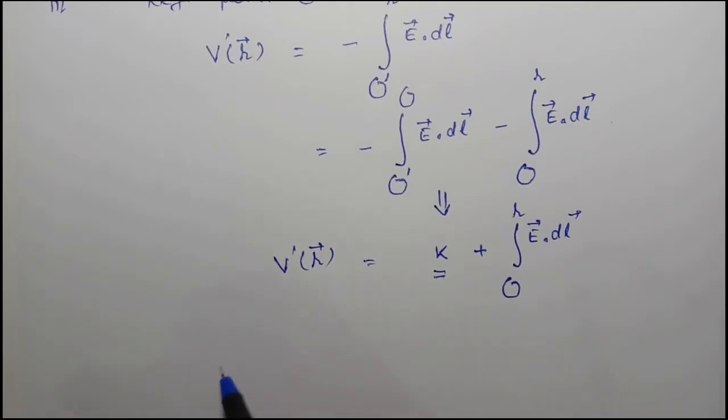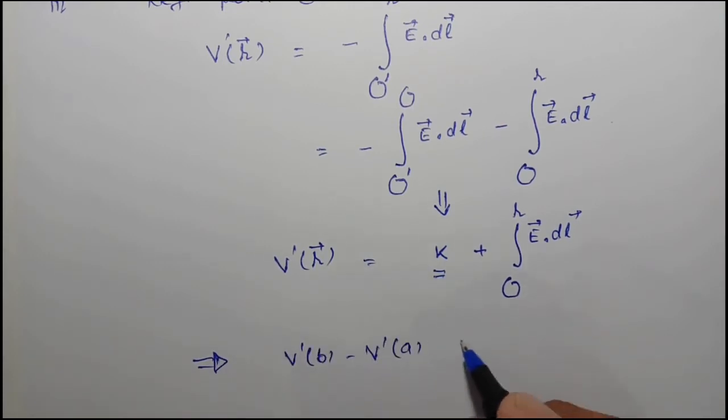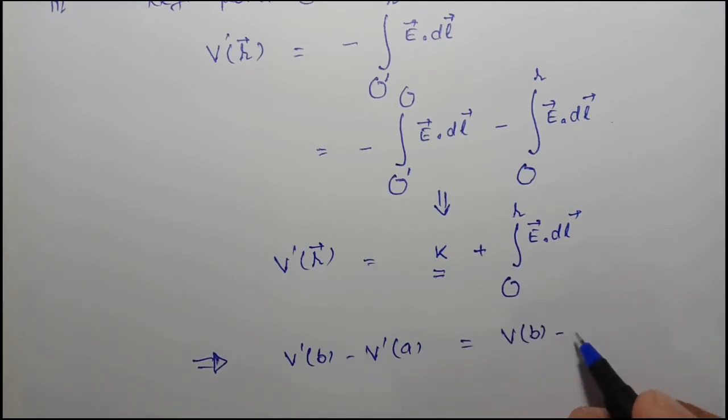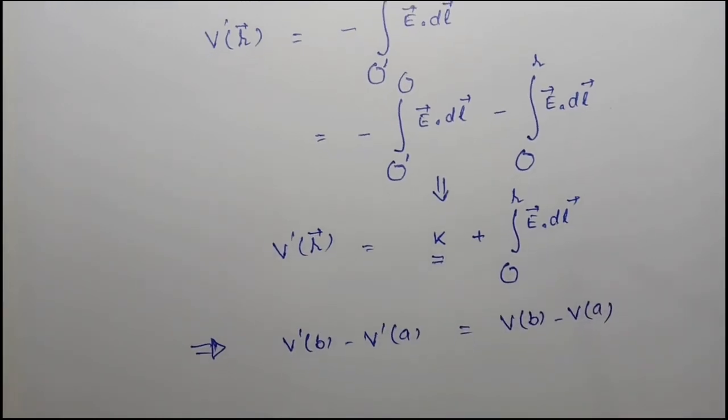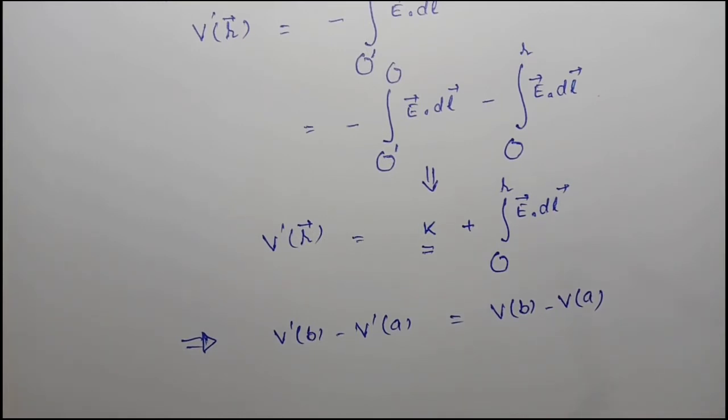Further, on the other hand, if we take the difference, that is, either we have V dash b minus V dash a, this is equal to Vb minus Va. So when we take the difference, then the contribution of the reference point will be negligible, or we can ignore this difference. Automatically this will be nullified, or we can write del V dash is equal to del V. Okay,